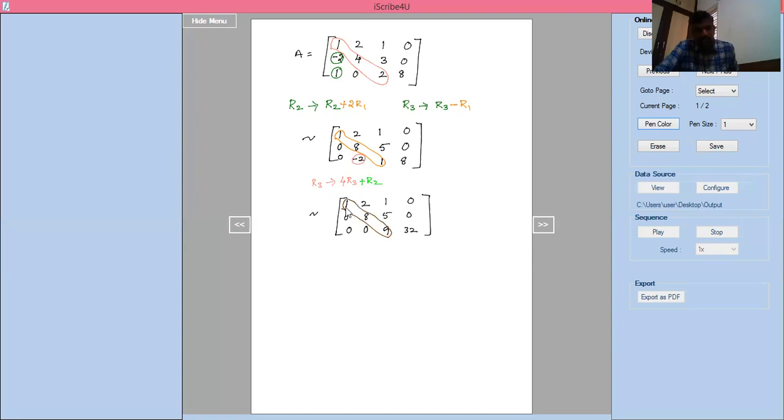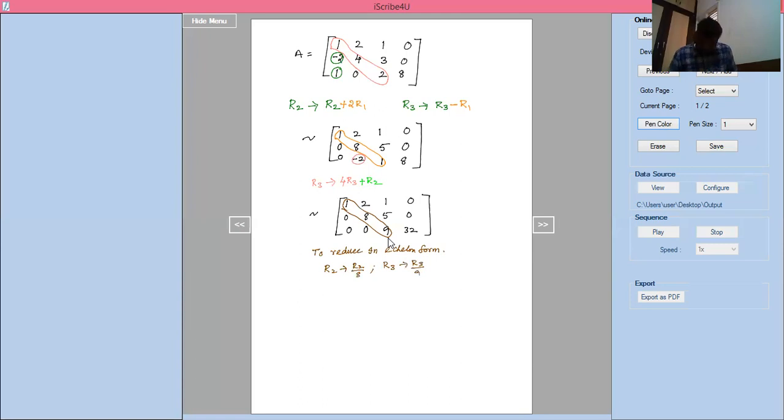If you see here, the first entry should be 1. Here the first entry is not 1; here 8 is there, here 9 is there. So that's the way to reduce to echelon form. Now, in the first row, 1 is there. In the second row, 8 is there. In the third row, the first non-zero entry is 9. So I'll write R2 implies R2 divided by 8, and R3 implies R3 divided by 9.